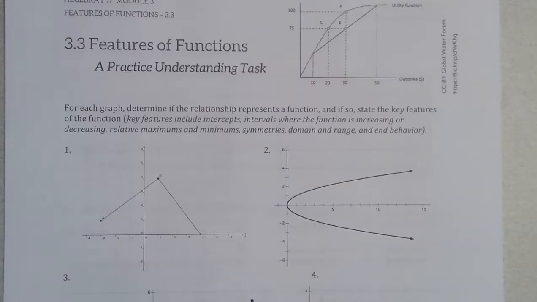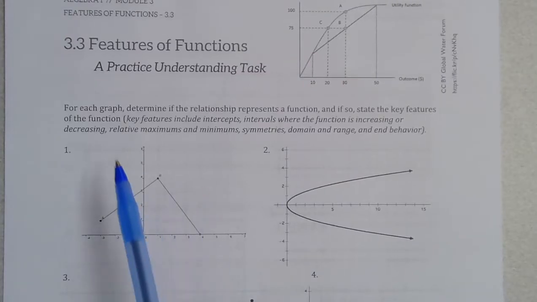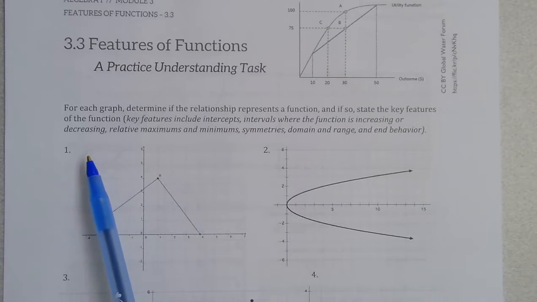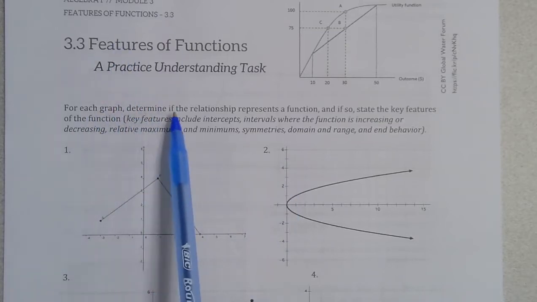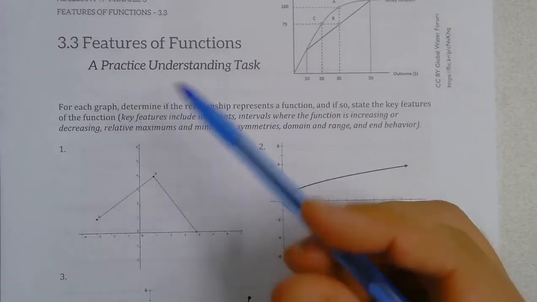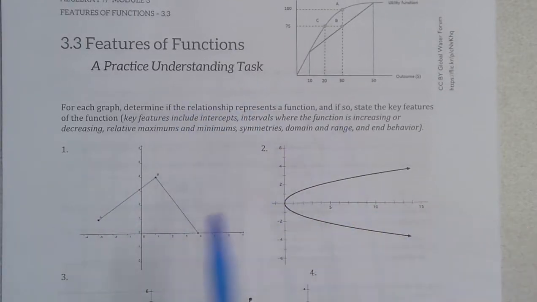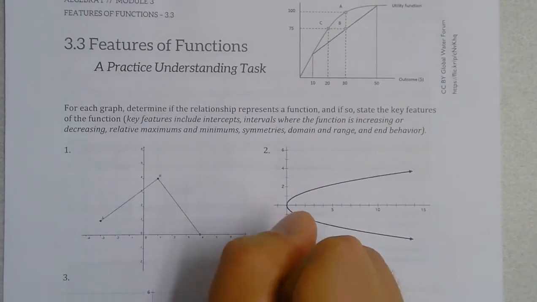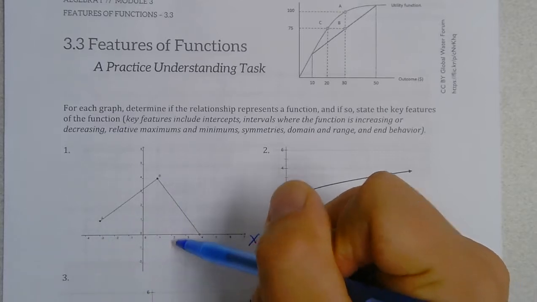All right, so as we look at our key features of functions, we're going to look at our activity, and we're going to look at problems number 1 and number 2. So in reading our problem, for each graph, we have to determine if the relationship is a function. Now, briefly to talk about how you see a function in a graph, every input, or x value, can only